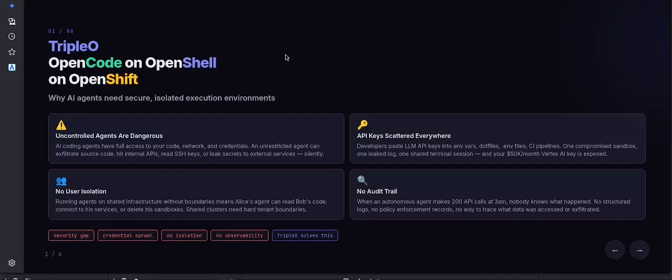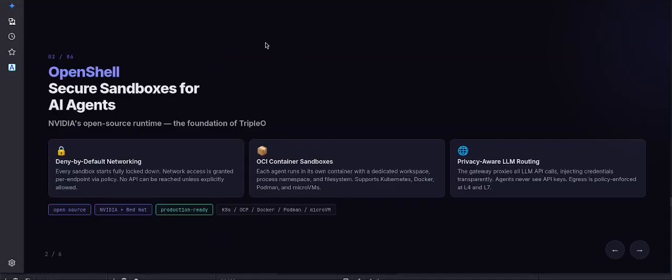And in case we use GitHub credentials, for example, you don't want other people to get access to your GitHub credentials, I think. And last but not least, it's the audit trail, because when an agent creates 200 API requests, you don't know if one of these 200 requests is actually sending your private SSH keys to the internet. So we would like to track every call and be sure that nothing is going wrong there. And in case we have an infected environment, we can detect it easily by audit trail.